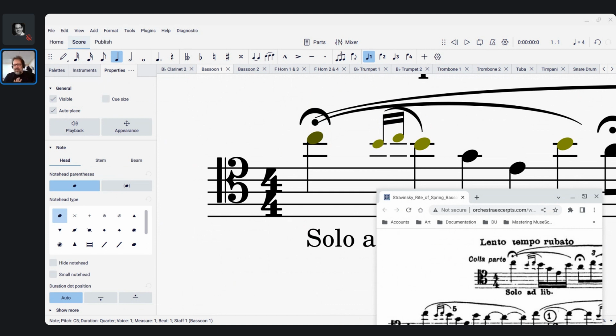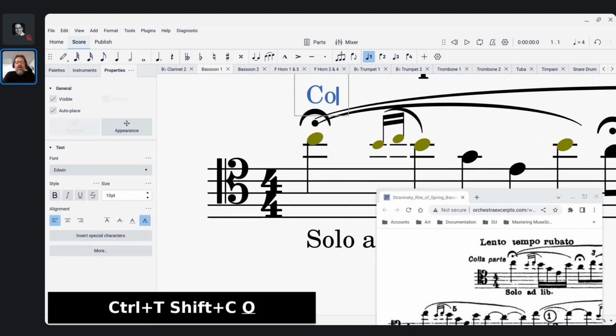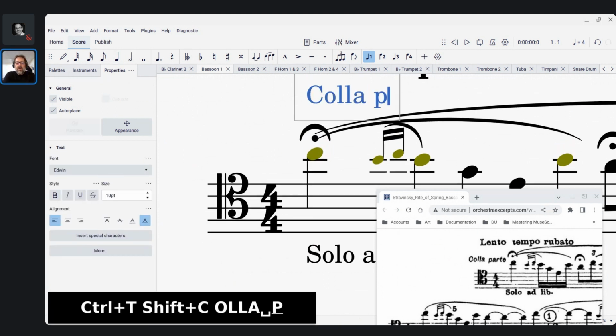That is the distinction that I'm going to make. It doesn't sound like expression. It sounds like a technical instruction, something you're telling people this is what to do. Follow the leader, right? So I'm going to call it staff text, Control-T, as opposed to expression text. So I'm going to enter that with another Control-T, con la parte,